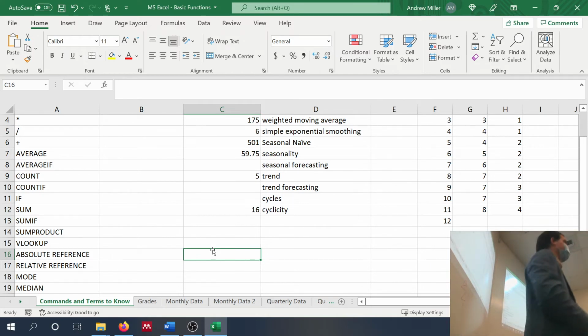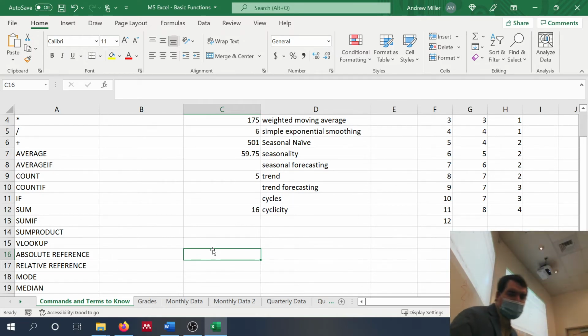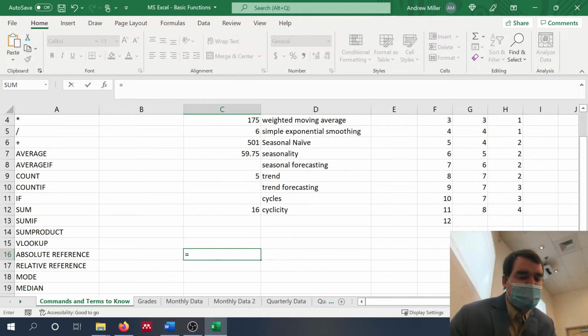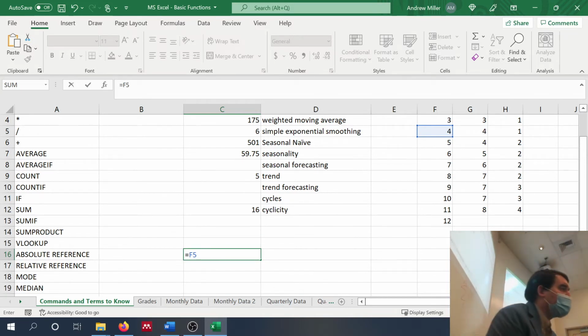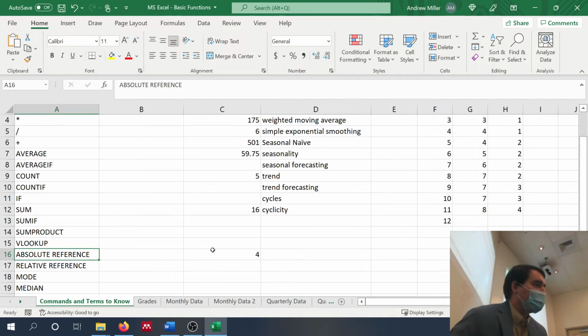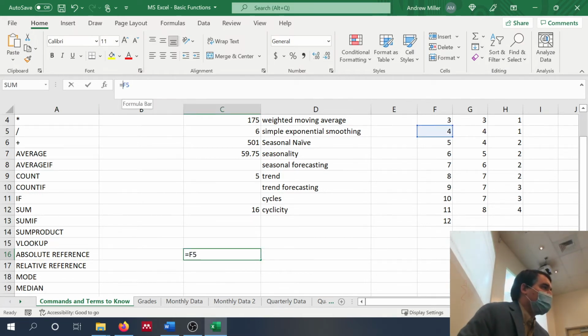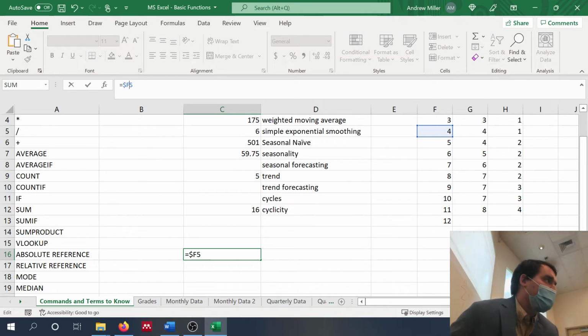This is an important concept in Excel. Okay, so for an absolute reference, it's just going to be equals, and then type in any cell. So someone throw me a cell. How about F5? So we're just typing F5, right? Now there's a couple different ways we could make this an absolute reference. We could literally type $ signs before column and row. That's certainly one option, but that's a little bit time consuming, isn't it?